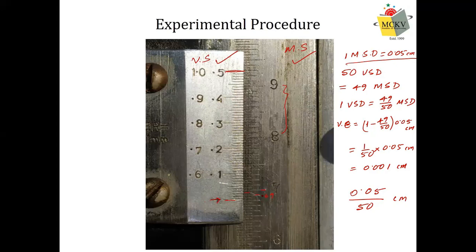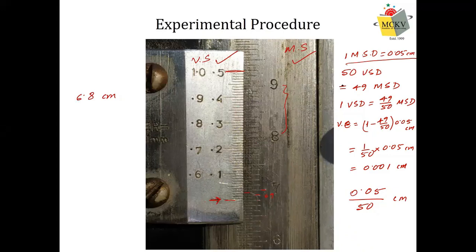6.8 centimeter. So we observe here the arrow is in between 6.8 and 6.85 centimeter. Therefore, we always take the lowest value. So it is 6.8 centimeter. That is the main scale value, because we know our reading should be in between 6.8 and 6.85 centimeter. But what is the actual value? That can be measured with the vernier constant.